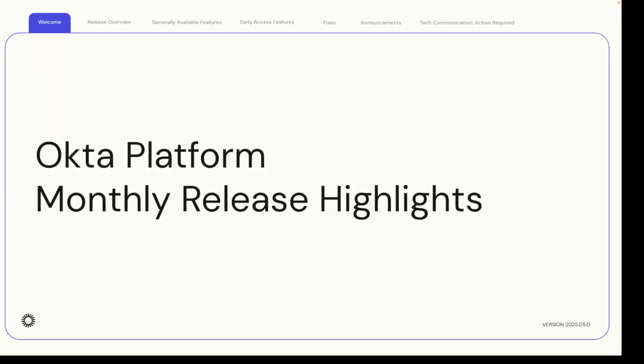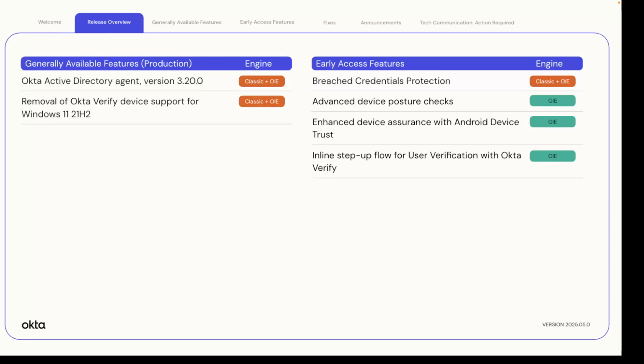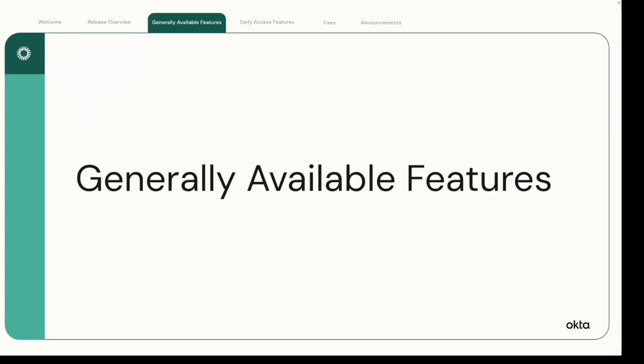Welcome to the monthly release highlights for the Okta platform, highlighting production version 2025.05.0, released the week of May 12th. We'll go over a few new generally available features and the early access new features, so let's get started with